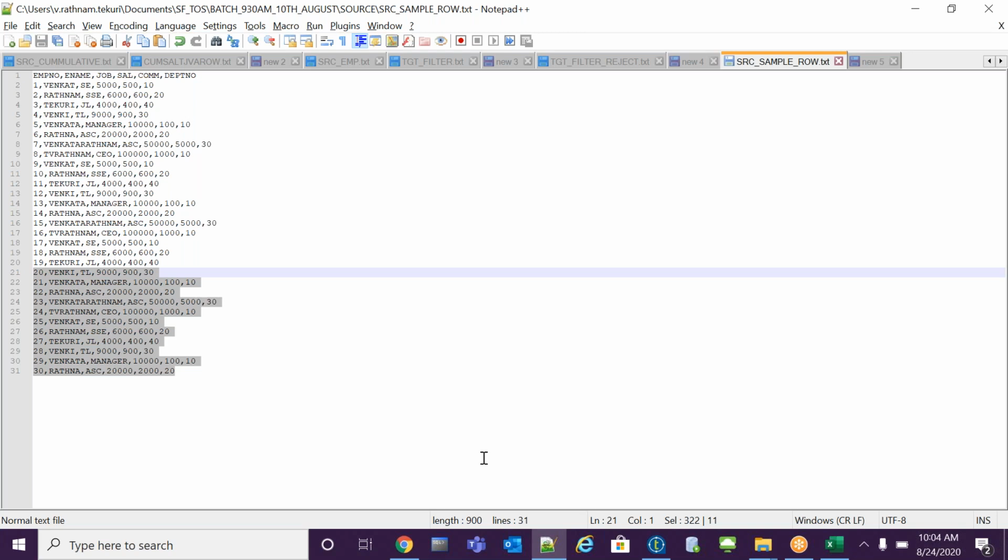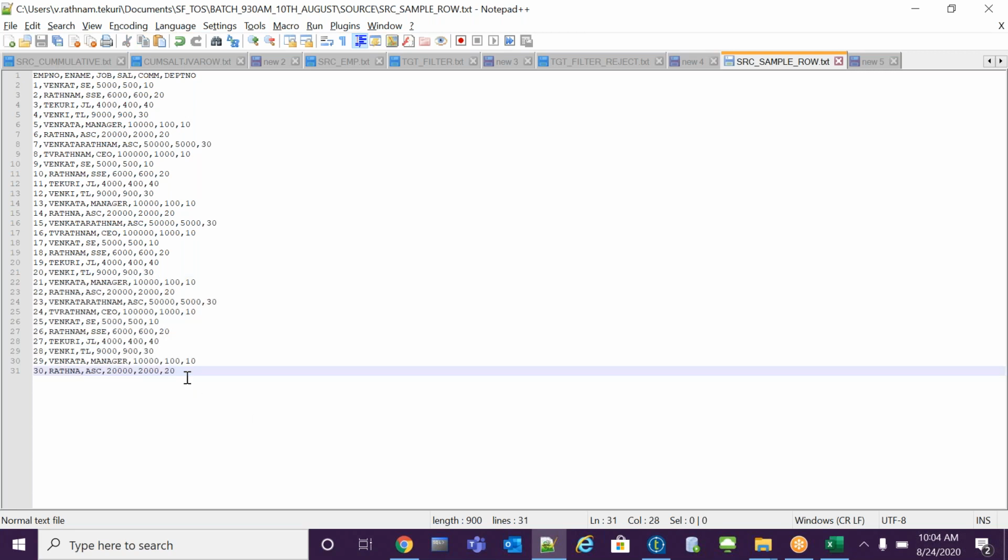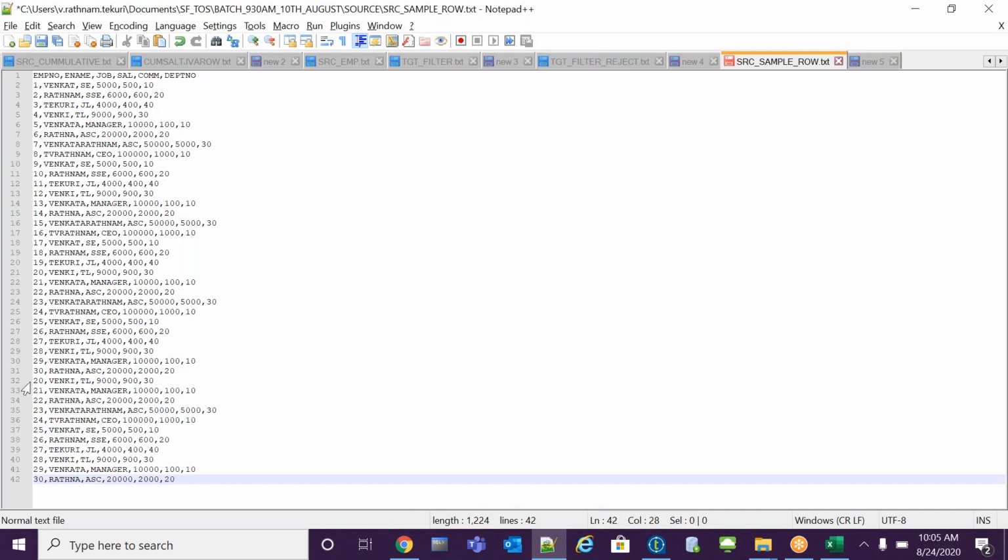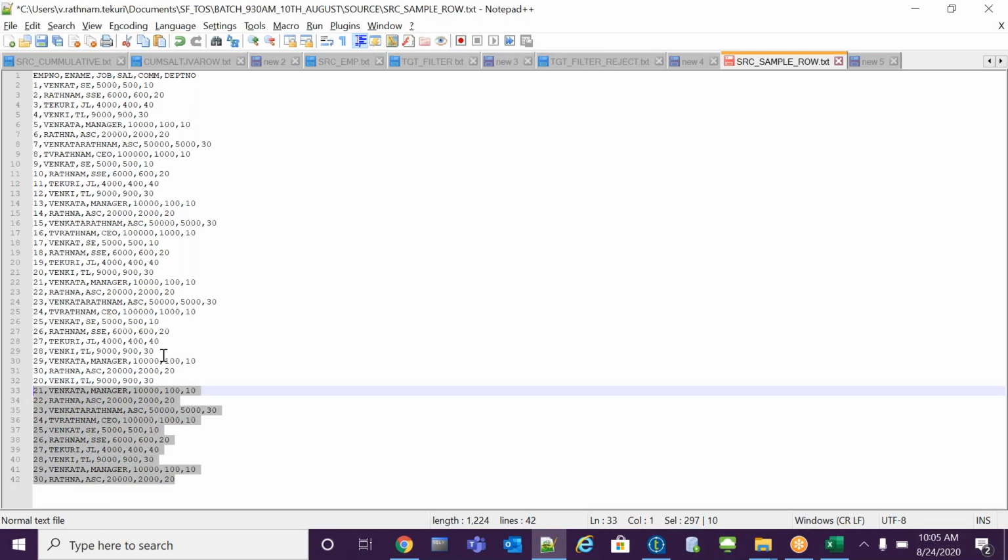Suppose today the sequence is 20 to 30, but tomorrow some more data will come. I don't want the older data, I want only the new data. So manually I can't give the numbers.